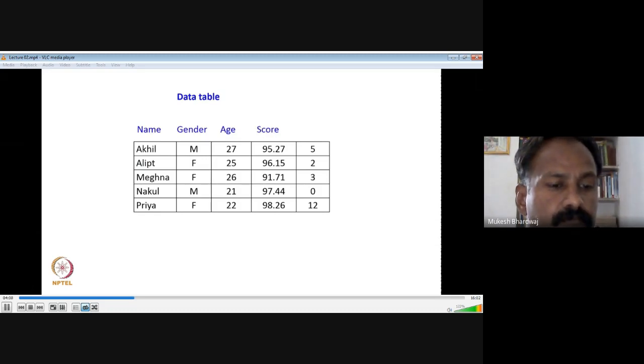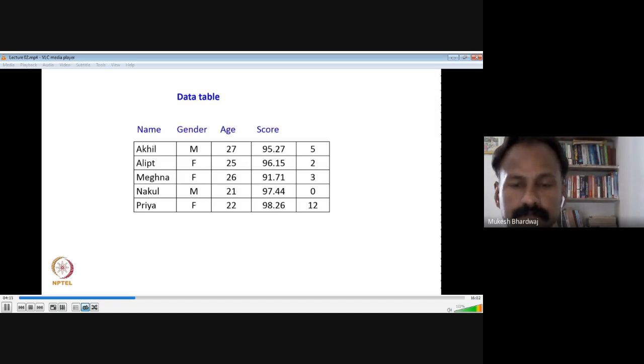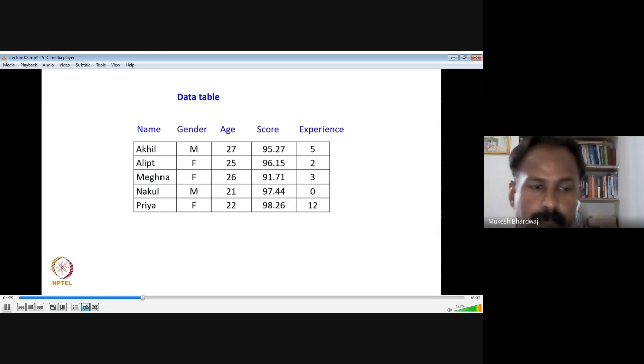The fourth one could represent a score. For example, they could represent a percentile score in an entrance exam based on which they were admitted. And the fifth could possibly represent work experience and so on, even though something like 12 for a person aged 22 is inconsistent. So they just represent some pieces of data. So broadly, the data that we have are now put in a data table with each column having a heading, and the data fits into this heading, such as name, gender, age, score, and experience.